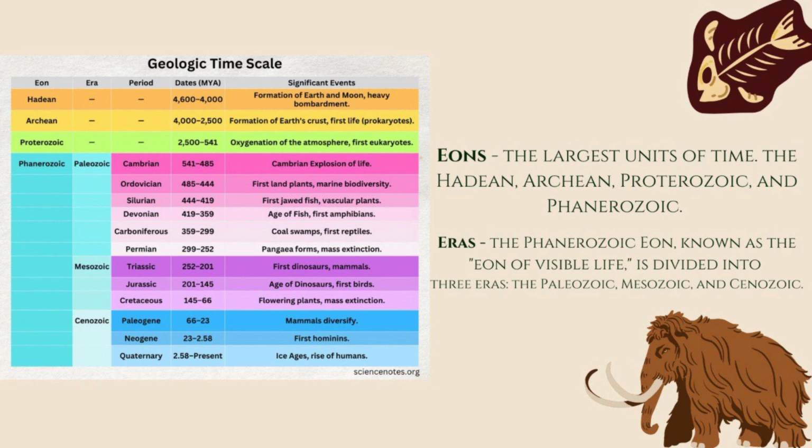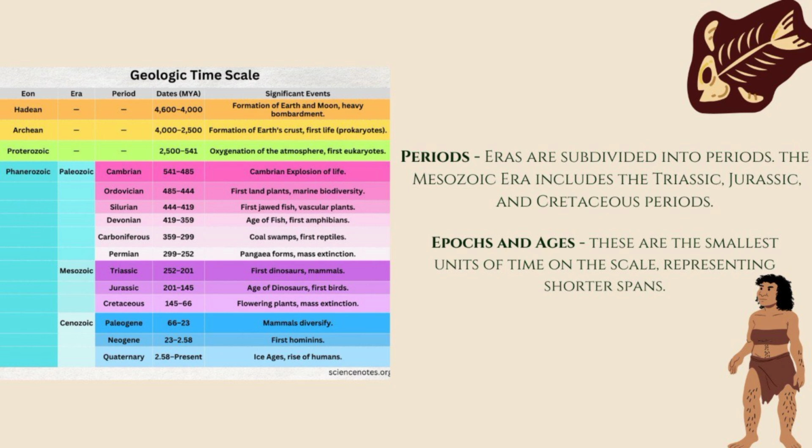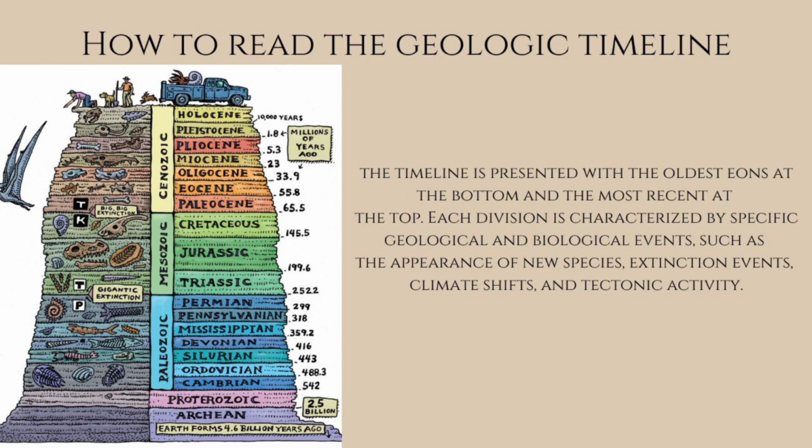The geologic timescale is divided into a hierarchical system of units called aeons, eras, periods, epochs, and ages. Reading the geologic timeline involves understanding its hierarchical structure and the events that define each division. Generally, the timeline is presented with the oldest aeons at the bottom and the most recent at the top. Each division is characterized by specific geological and biological events, such as the appearance of new species, extinction events, climate